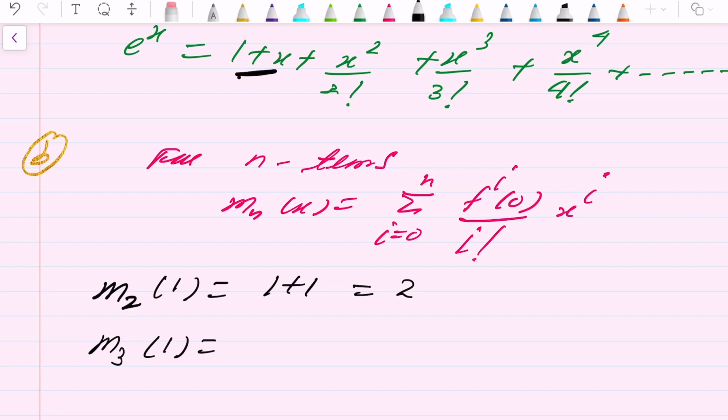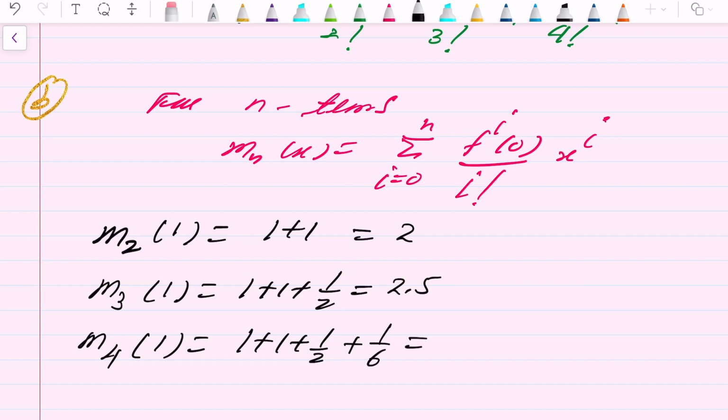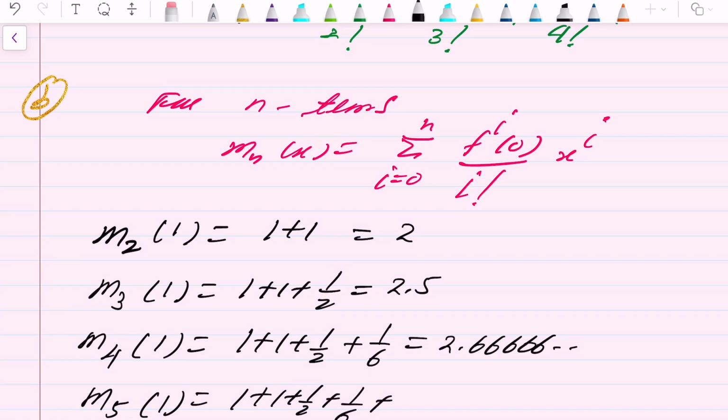If we consider Maclaurin polynomial of order 3 at 1, that will be equal to the sum of first three values when x is equal to 1. So 1 plus 1 plus 1 by 2, that is 2.5. Maclaurin polynomial of order 4 at 1, 1 plus 1 plus 1 by 2, 3 factorial is 1 by 6, and that is equal to 2.66666 and so on. And Maclaurin polynomial of order 5 at 1, 1 plus 1 plus 1 by 2 plus 1 by 6 plus 1 by 24, which is equal to